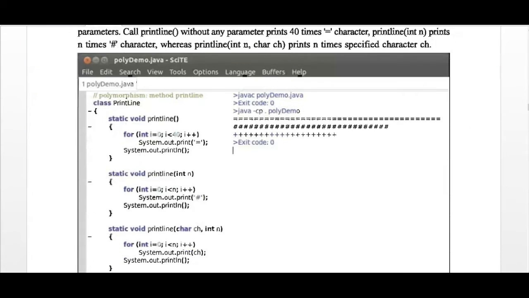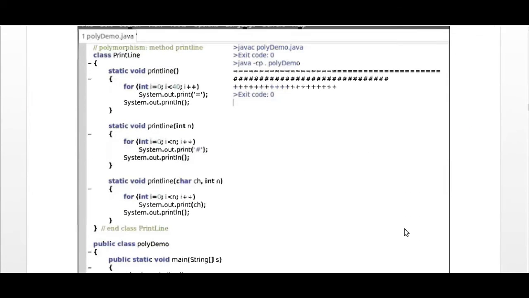You can see this with an example. See the name of the class, which is defined as print line. Print line is our name of class and print line is also our name of method. Once again you can see the second method, print line, and our third method is also defined with the name print line.